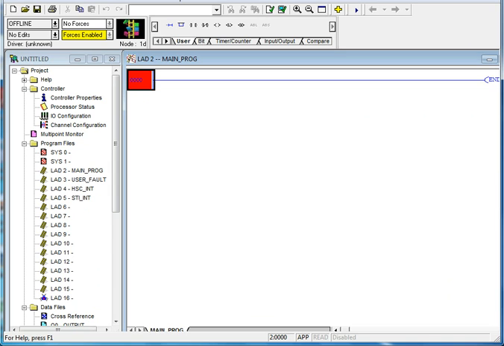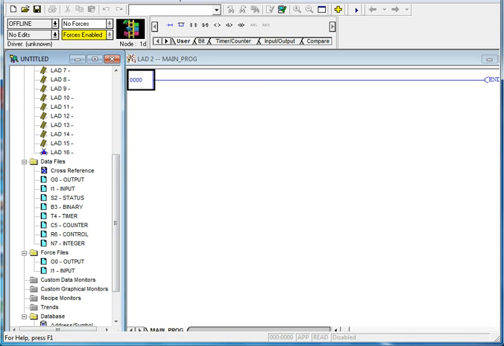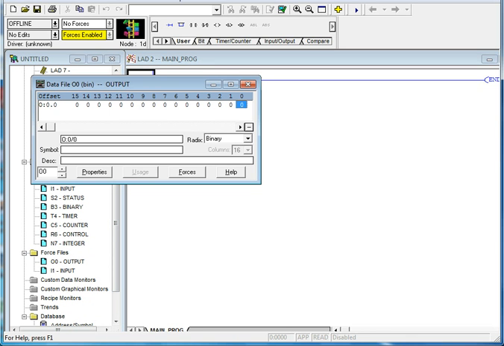In the world of more advanced programming, you make up your tag before you start doing the ladder line. So that's what we're going to practice this time, looking up our tags first. So we're going to do, what's a tag? I don't know, I just made that up. So we're going to go to outputs, and we're going to describe output 0